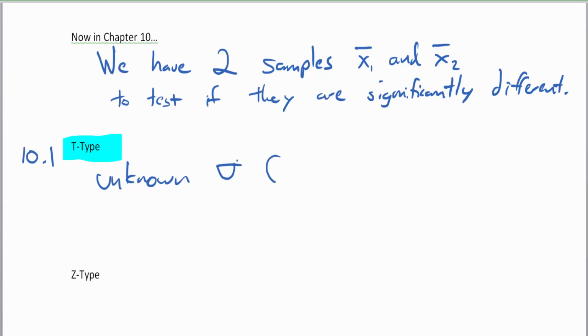So if you are curious, what does the lowercase sigma stand for? That's the population's standard deviation. Now, what we will be given is the sample's standard deviation, or we will be given the raw data, and the raw data will then let us find that small sample size standard deviation. So, t-types have relatively small sample sizes,